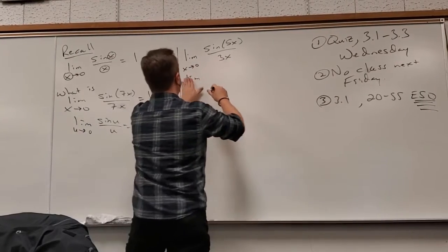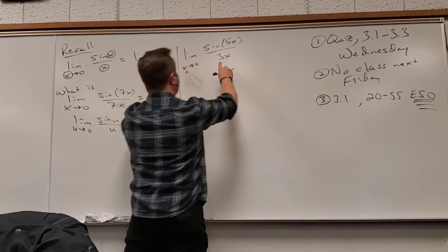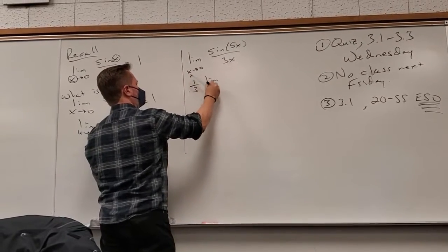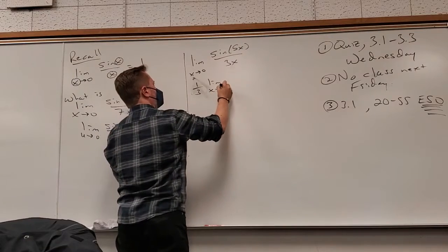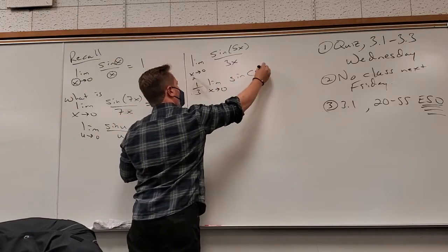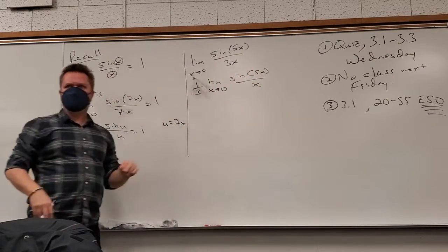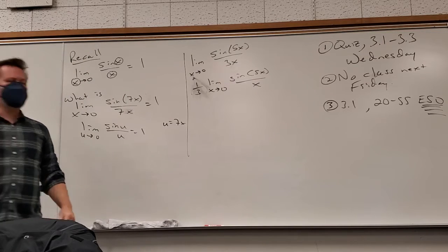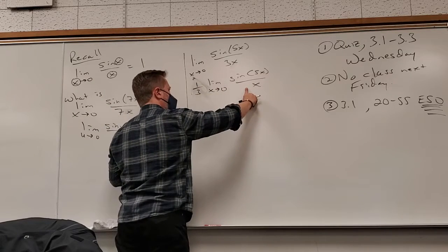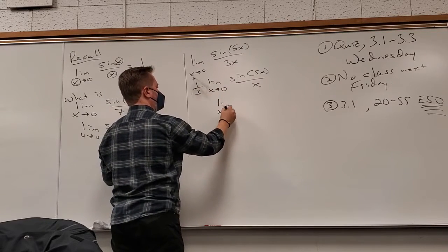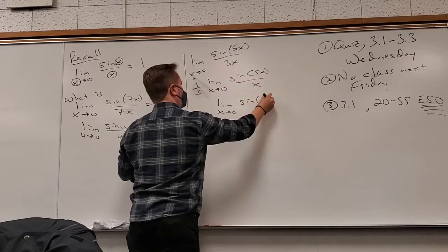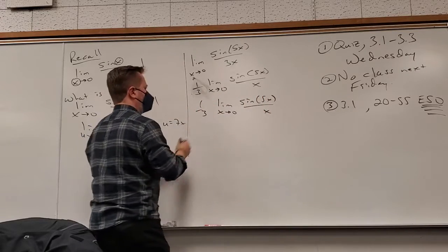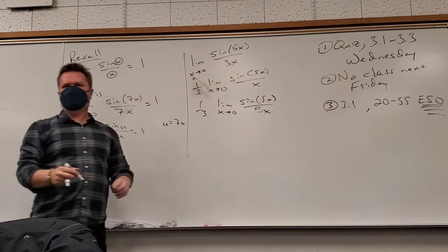So look what I can do. Is everybody cool with this if I take a 1/3 out? Isn't that what limits do? Don't they just sort of come out like this? All right, that's not really better though, is it? Because it still isn't the same. What do I wish was here? A 5. All right, so what if I just put a 5 there? Bam!